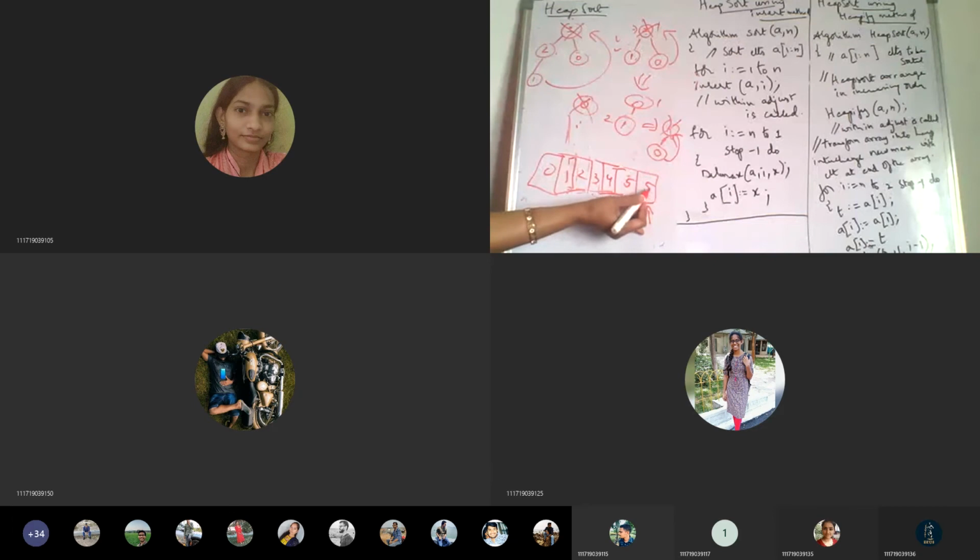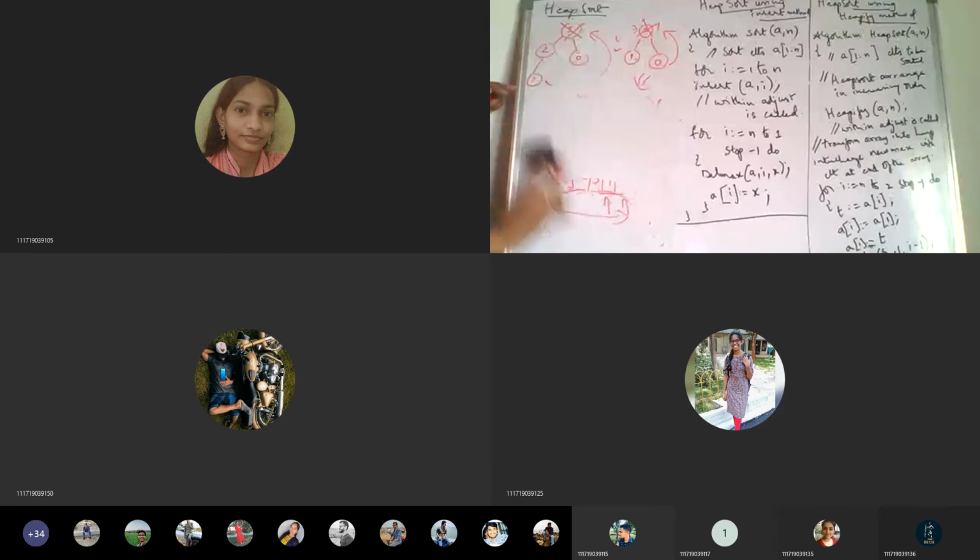Since it is already empty, in order to utilize that, we kept on adding wherever the space is empty. So likewise at the end, after deleting all the elements, you find the collection of deleted elements will be in increasing order, which is nothing but the heap sort. Okay, so that is the procedure for heap sort.